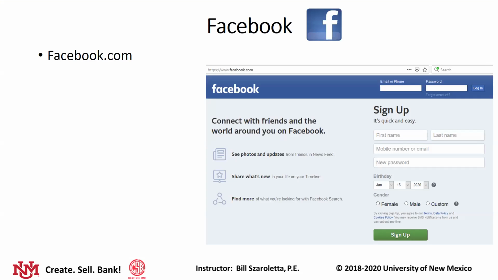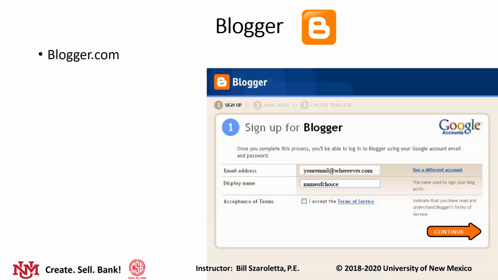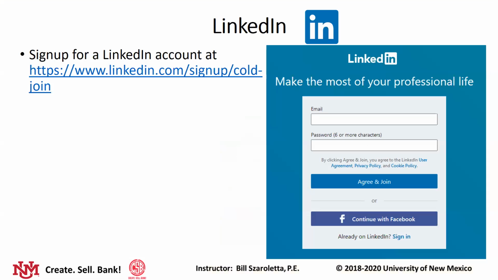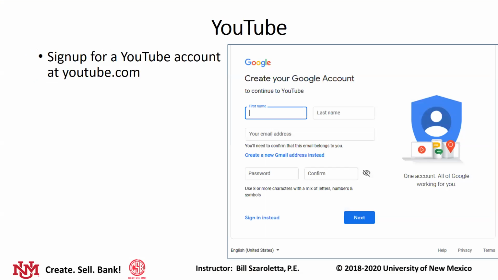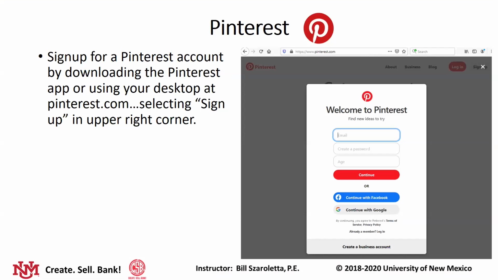Facebook, here's the sign up page, blogger.com, and fill in your information. LinkedIn, sign up, click join, so you can agree and join. Now notice they have a relationship with Facebook, that you can use your Facebook credentials. And if you want a YouTube account, here's where you go, youtube.com, Pinterest, pinterest.com,